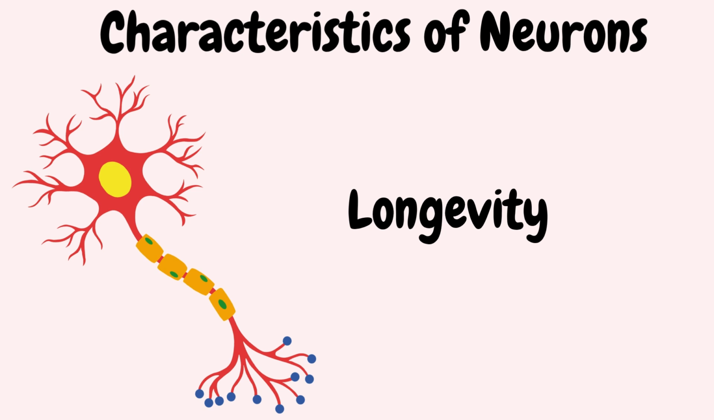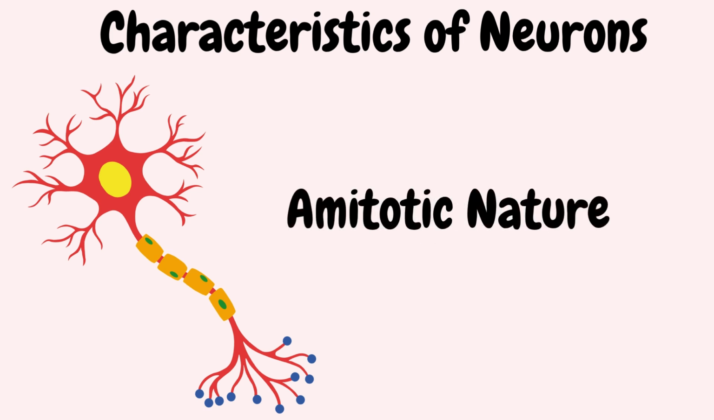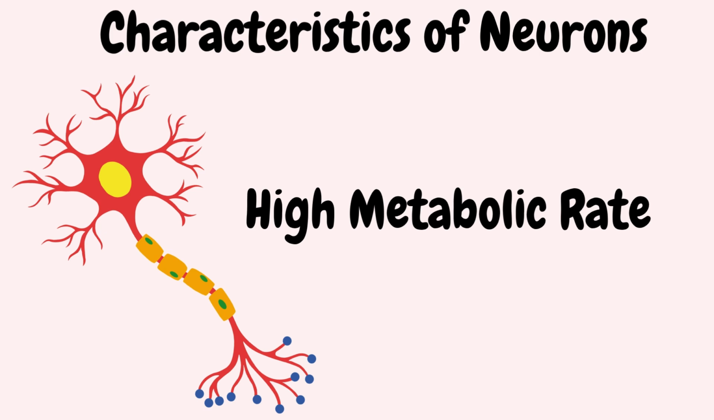Unlike many other cells, they are not routinely replaced, especially in the central nervous system. Neurons are amitotic in nature. Mature neurons typically do not undergo mitosis. So after development, they lose the ability to divide and regenerate. Neurons also have high metabolic rates. Neurons require a constant supply of oxygen and glucose to maintain their function as they consume a significant amount of